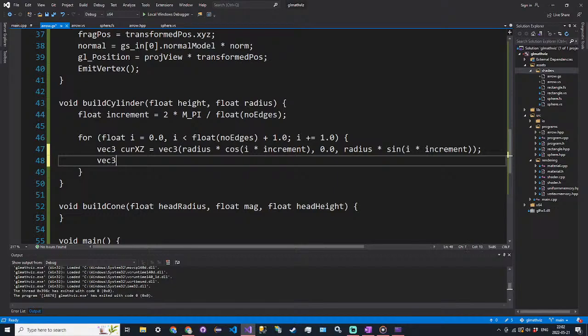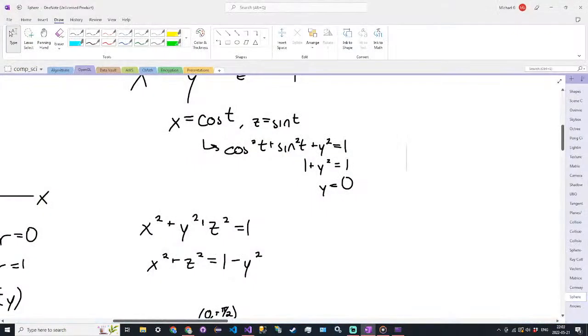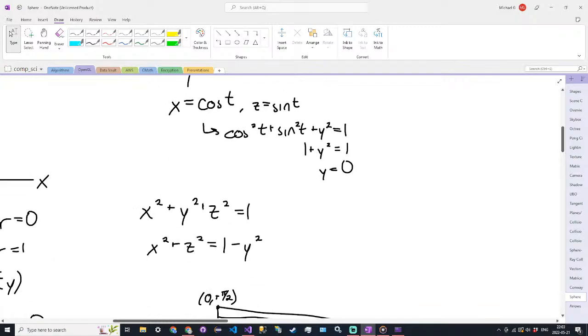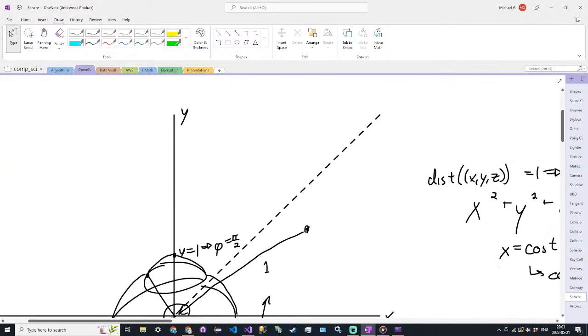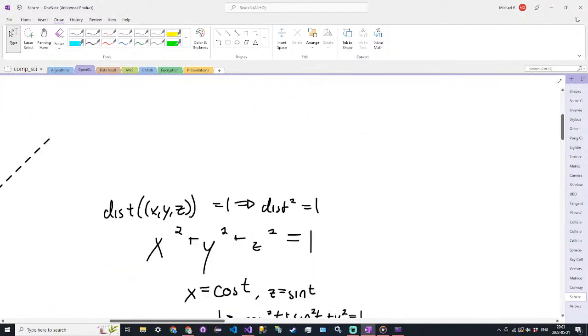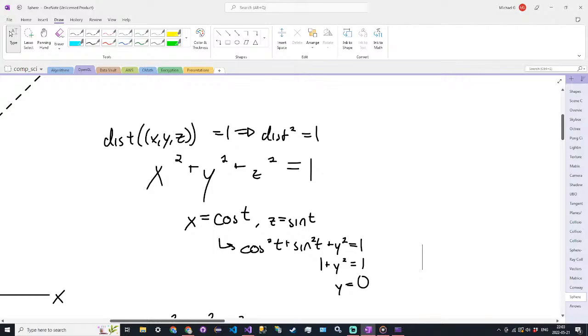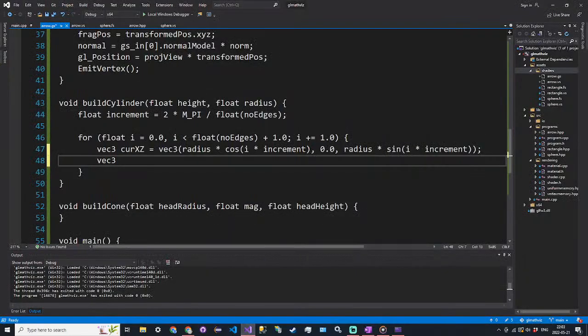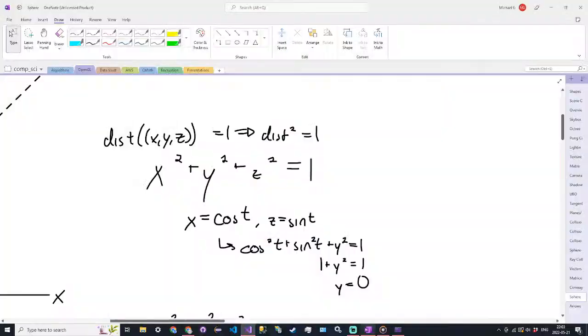And then the normal vector, well, if we have a circle, I drew a circle. No, I didn't. To calculate the normal vector, like the sphere, it's just going to be the position. So we're just going to pass in vec3 norm is equal to current xz. And that's going to be regardless of the height, because it's still just going to be pointing outwards from the cylinder. So if you can kind of think about it,